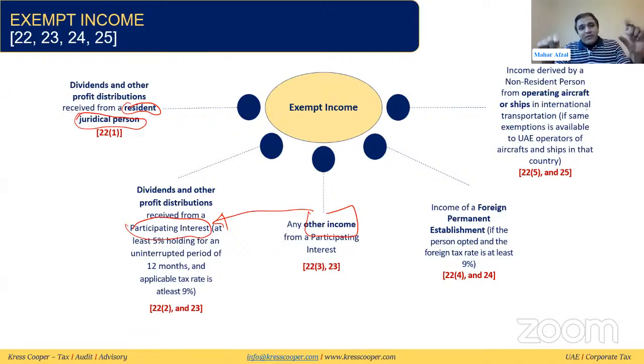So as we discussed, these are the exempt income of a taxable person. When the taxable person is calculating accounting profit, definitely they will be considering all this income. And once they have considered all this income, we need to make the adjustments to arrive at the taxable profits. So we'll discuss all these 5 different classes of exempt income one by one.